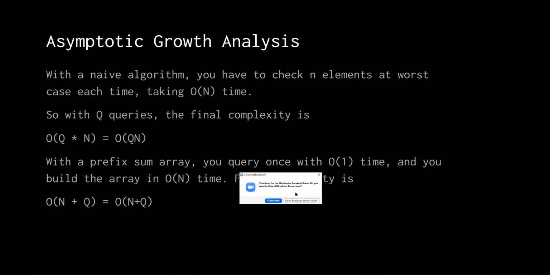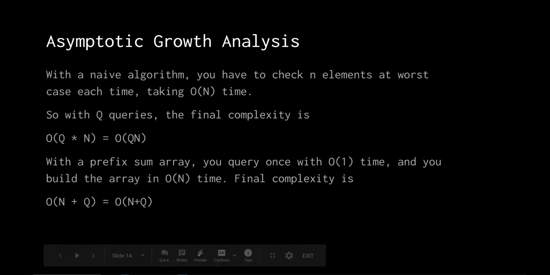Time is up for the 60-minute breakout room. Do you want to close our breakout rooms? Let's keep it open for now. Or I mean, should we? Do we need to? I don't know. I guess I don't see. I mean, I don't know what's going on with intro of Python and whether